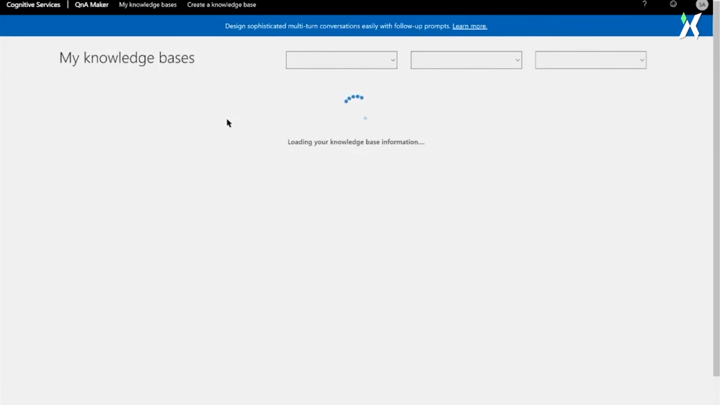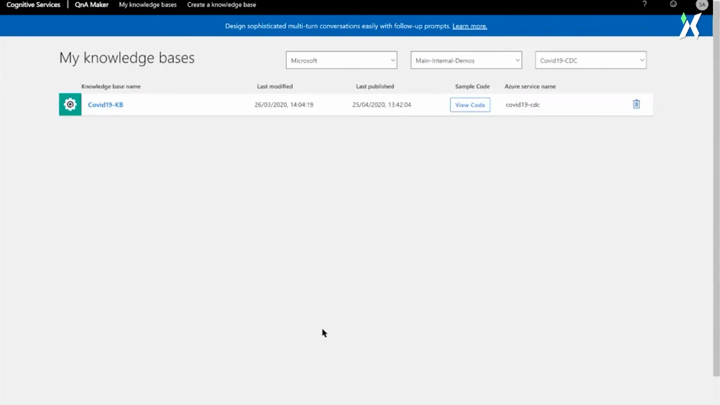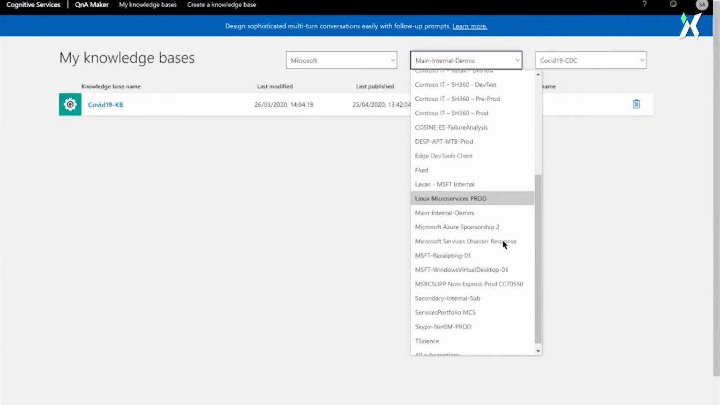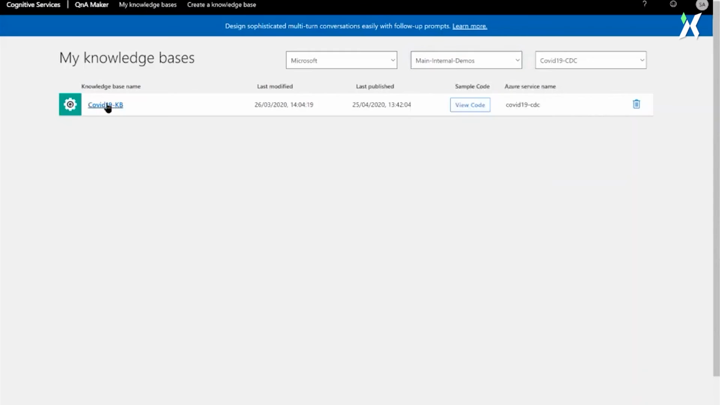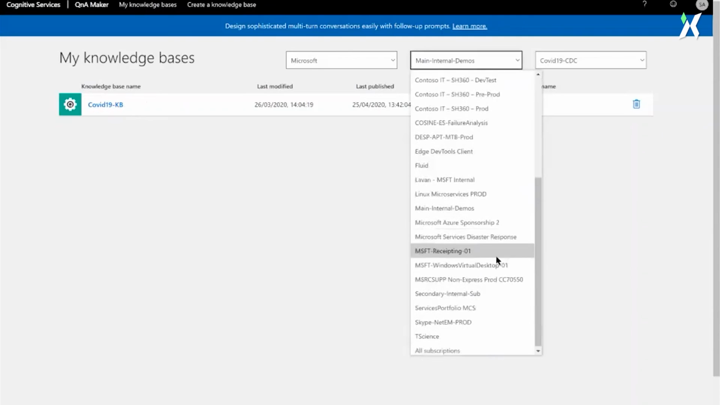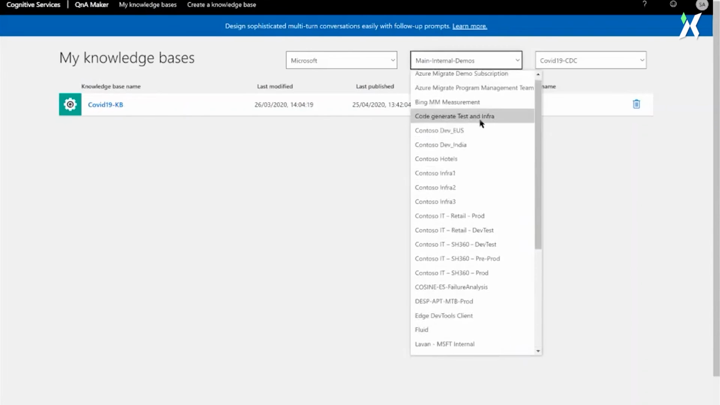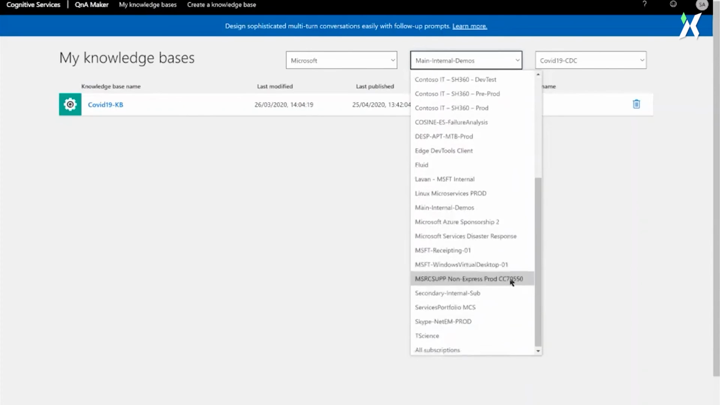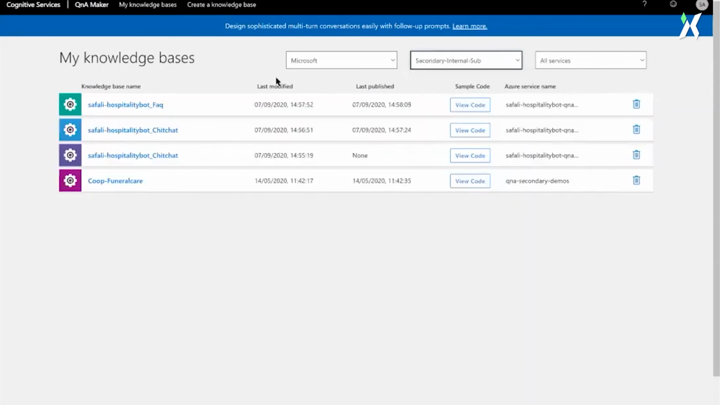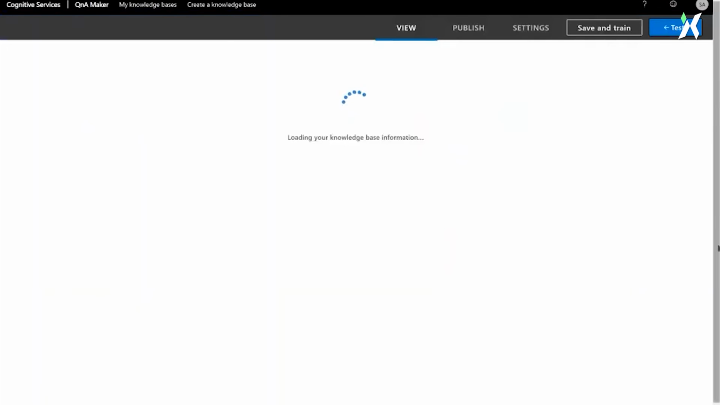Just want to show you the knowledge base that I created. I already created the bot, the virtual assistant, and as part of that, we have a set of knowledge bases. If I go to the right connection, and by the way, I created a COVID-19 knowledge base for the set of symptoms for another demo, but this is a template for another story. What I want to show you is to go to the secondary subscription. Yes, this is the secondary, and I have the hospitality bot FAQ. I have the hospitality bot chit chat. I have the hospitality bot FAQ. If I click here,